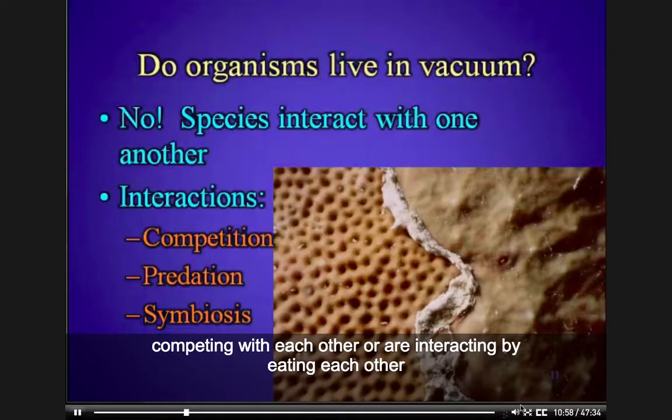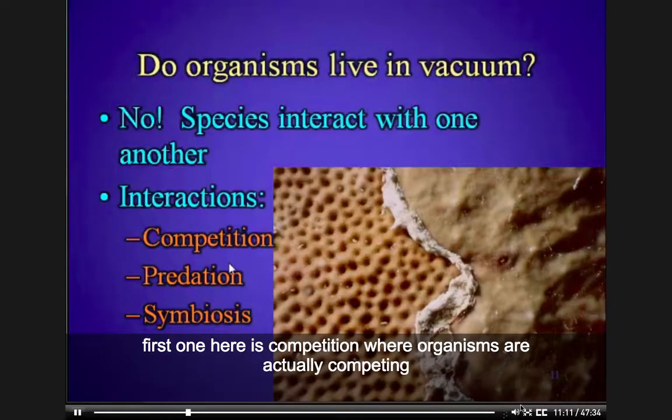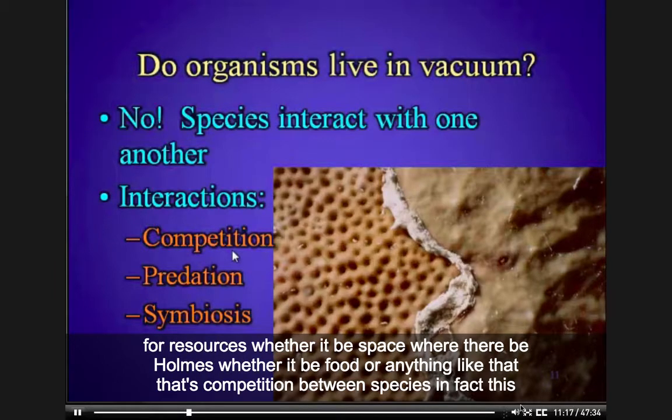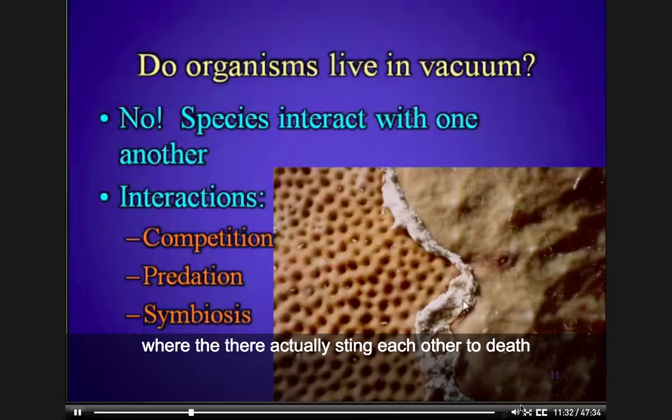Species end up competing with each other or interacting by eating each other, or in some cases, they might actually either hurt or help each other. And so I've broken down these interactions into three main categories. The first one here is competition, where organisms are competing for resources, whether it be space, homes, food, or anything like that. That's competition between species. In fact, this picture here is showing you two corals that are competing for space, and this is actually like a battle zone right here, where they're actually stinging each other to death to try and